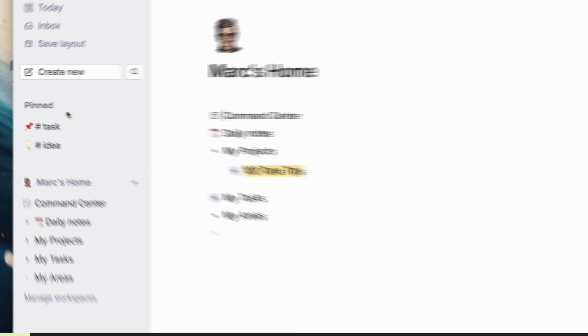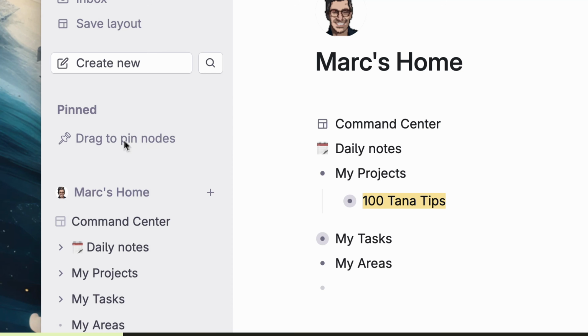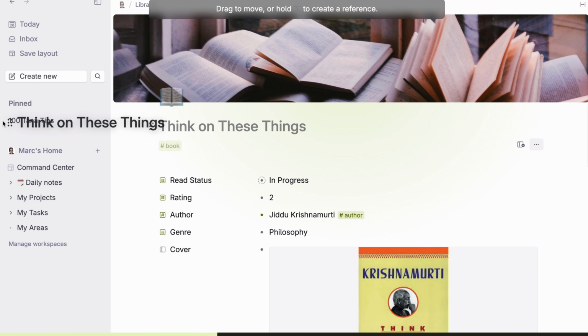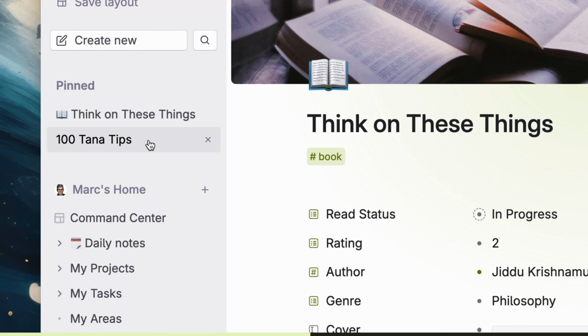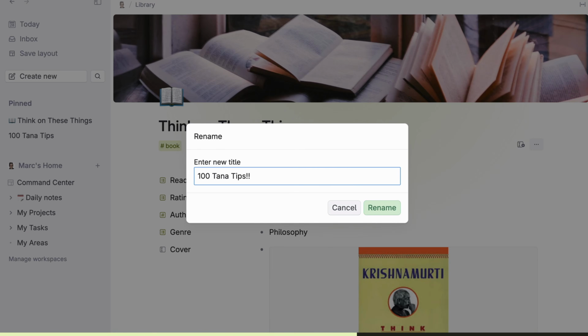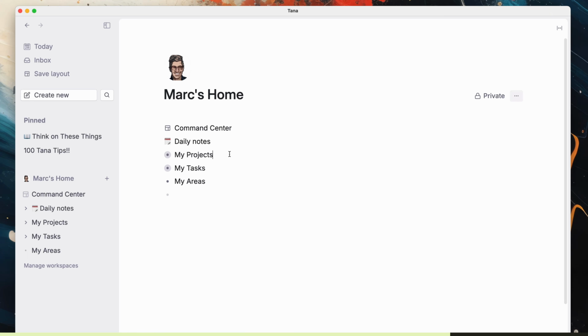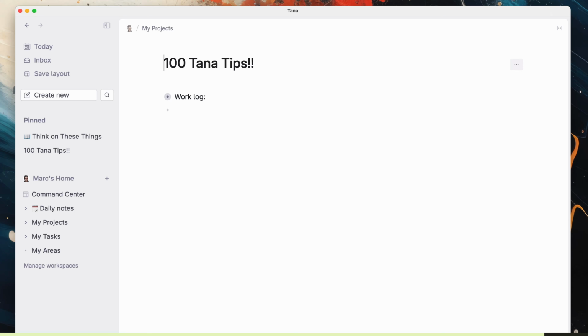In the next section of the sidebar, you can pin your favorite nodes. First, remove Tana's default suggestions. Then, to pin a node, simply drag one over to this section. You can then click it for quick access wherever you are. Feel free to rearrange, right-click to rename, or remove the pinned nodes by hitting the little X in the corner. To quickly access pinned nodes with your keyboard, hit Command K, type pinned nodes, hit enter, then select a pinned